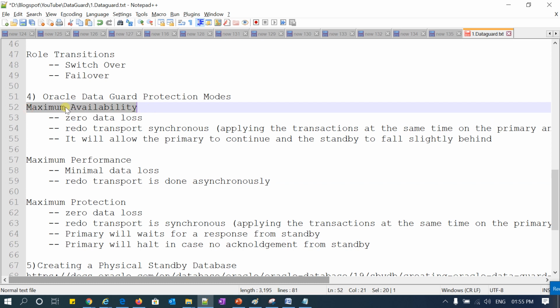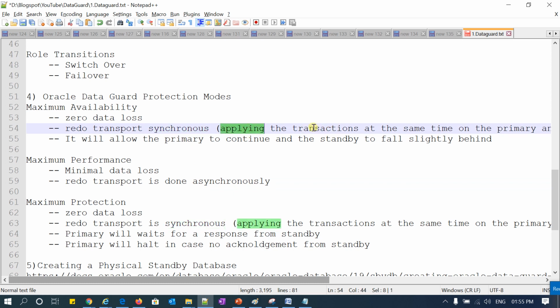In maximum availability and maximum protection, there is zero data loss. In both, redo transport is synchronous, and in maximum performance, redo transport is asynchronous. What do you mean by synchronous?